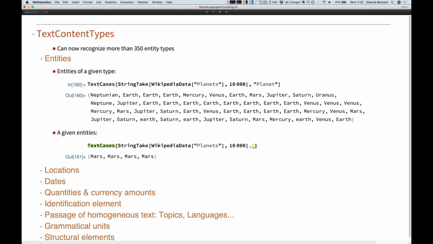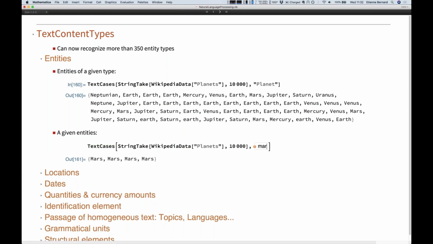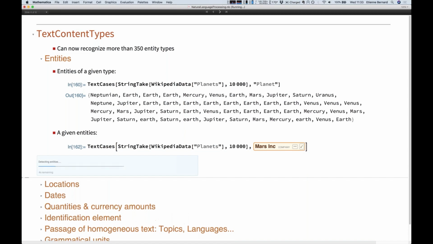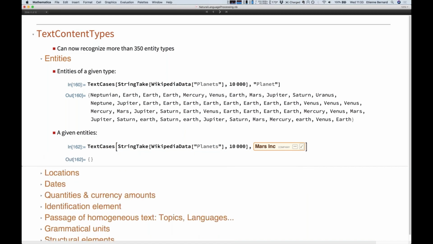So to enter that, I would do control equal, and then I would type Mars, and actually it got it right that it was a planet. If it was ambiguous, I could click the alternate interpretation and say which, okay, it could also be a mythological figure or a company. And actually that's very interesting. I'm going to say company and see if this Mars has been found or not. And I don't think any Mars company is mentioned in this thing, so there you go.